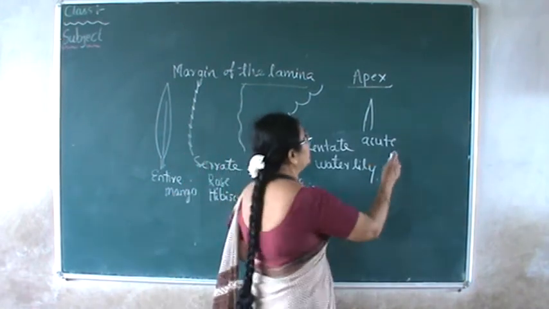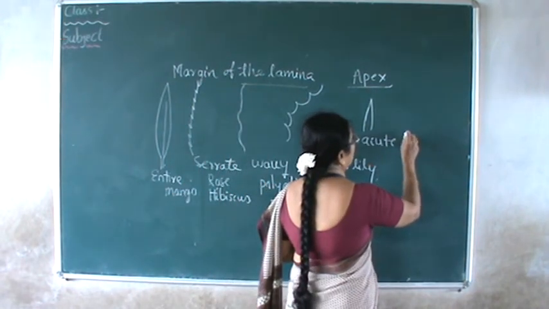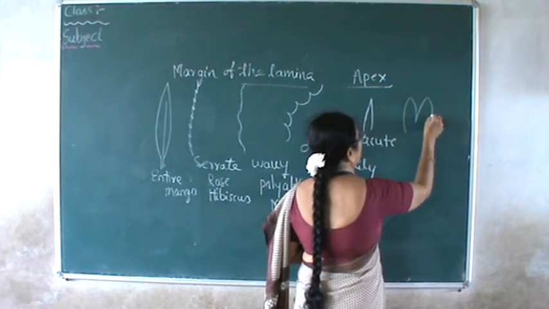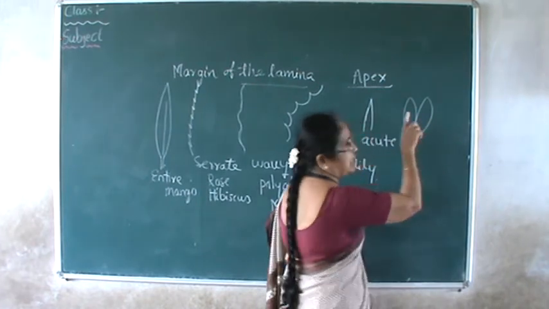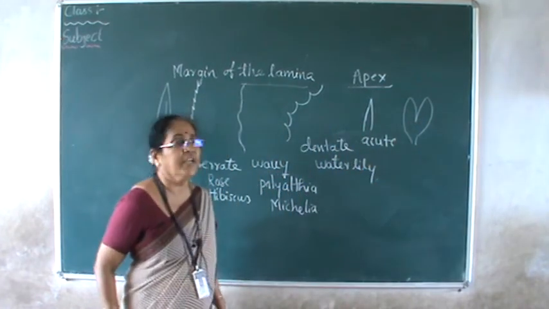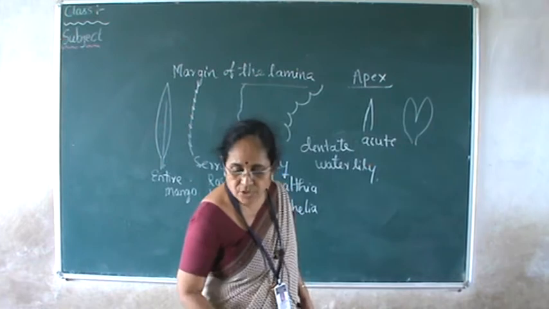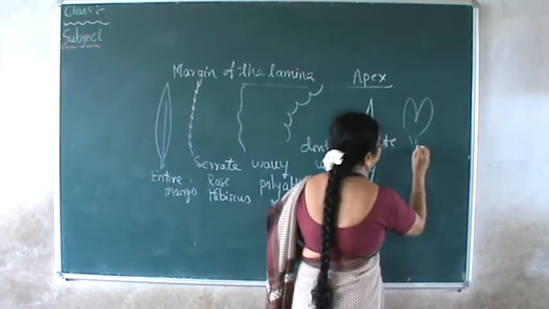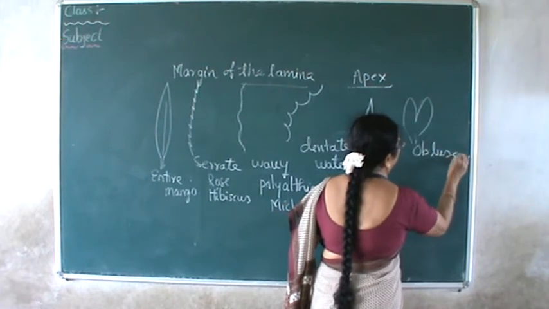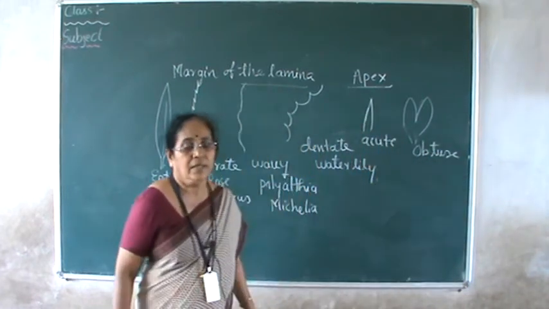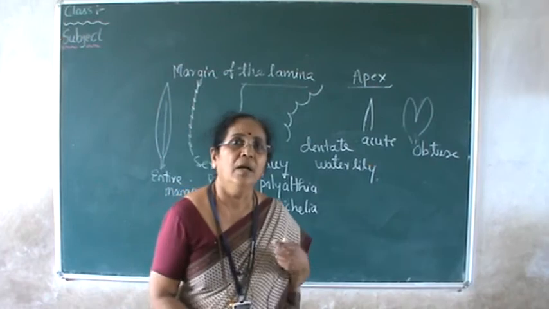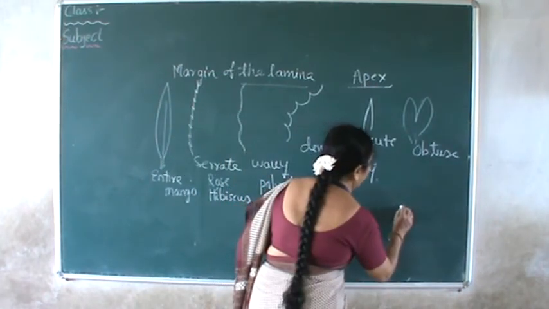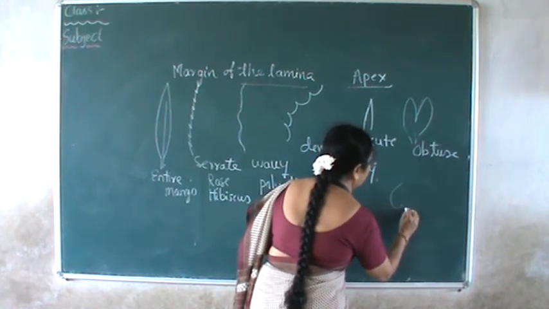Then there is the obtuse type of apex, in the case of mandara, where the leaf is dome-like. There is a different terminology: obtuse. This is called the obtuse type of apex. Here the apex is dissected, and it is called the obtuse type of apex. Like this, you are going to describe. Acuminate is another one. There is one more kind, acuminate, very specifically found in